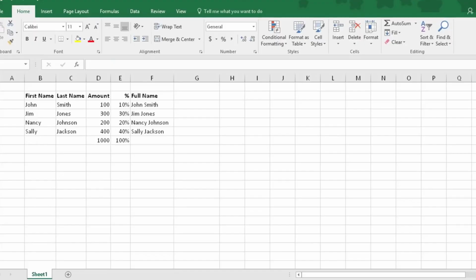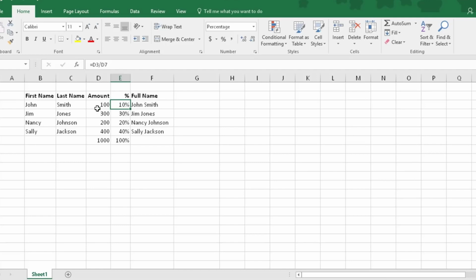Number 10. Paste special values. Paste special values is a handy tool to use if you have a bunch of data with formulas, and you just want to copy all of that information over to another location and get rid of all those formulas. So you can see on this I have a formula that adds B and C together into a full name. I have a formula that does a divided by for the percentage on this, and if I want to just take those things and remove them and copy this to another location, so I just am left with the data,